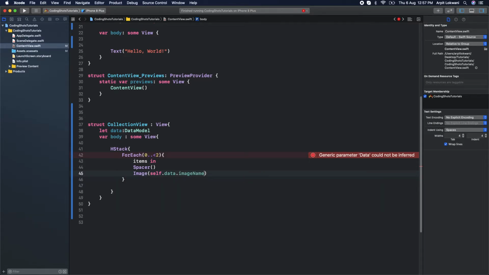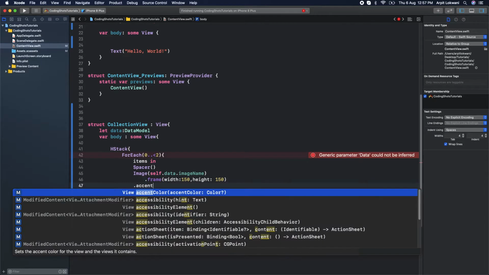Fine, looks fine, cool. And we can say frame also, we can set it as of now. Frame, we can say width should be 150, similarly height should be 150 as of now. Fine. And foreground color also we can set.